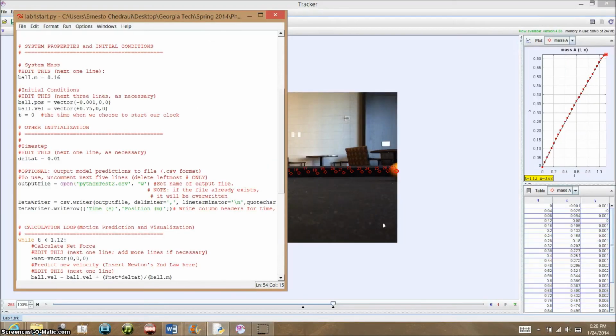Concluding, the computational model was able to generally predict the pool ball's motion. As I mentioned at the beginning, this experiment was based on the idea that ideal conditions yield a net force equal to zero. If there is no external force, the system moves in constant motion, which is pretty much what the ball does in this case. The observations and the predictions, Tracker and Python, show a similar behavior,